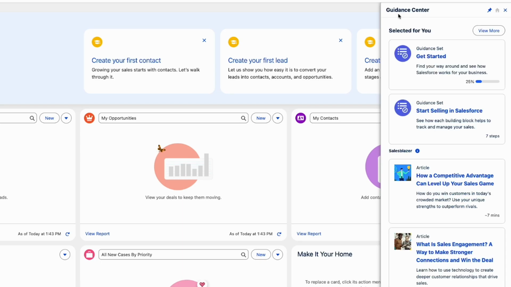Guidance Center. All right, and tip number 2, let's actually get you set up for success. It doesn't matter how good Salesforce is if no one actually uses it during the trial, right? So let's invite your teammates and get them set up. Let's actually import some data so there's relevant stuff in Salesforce. Let's connect Salesforce to your Outlook or your Gmail so you can see what that sync and that integration is like. And if you're interested in trying any of that stuff, we've got other videos in this demo that'll walk